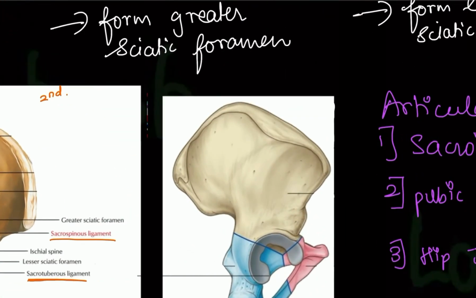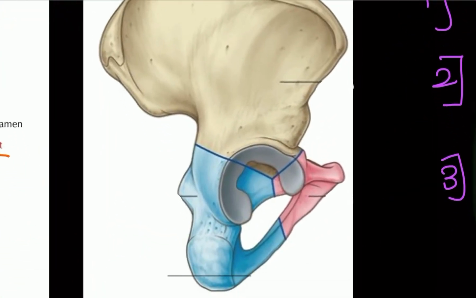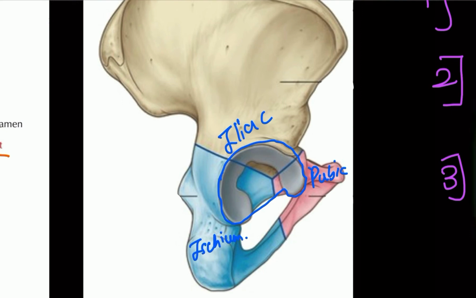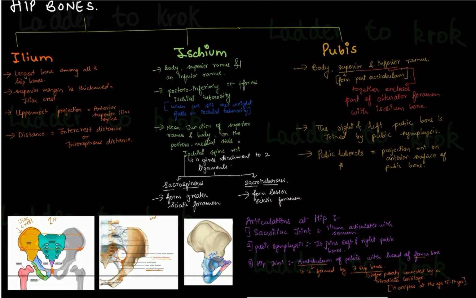The triradiate ligament which I said in the beginning is this. You can see this is the iliac bone. This is pubic bone, pink color, and this blue color is ischium bone. All three together contribute to make this acetabulum. Acetabulum is the cavity for head of the femur to attach, to form the hip joint. And these three bones before puberty will be connected by the triradiate cartilage. So I hope now you know where is greater sciatic foramen, where is lesser sciatic foramen, where is obturator foramen, the bones of the hip in detail, the triradiate ligament.